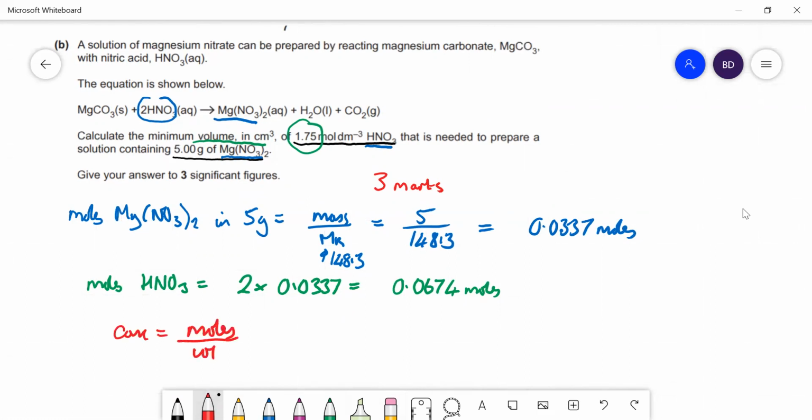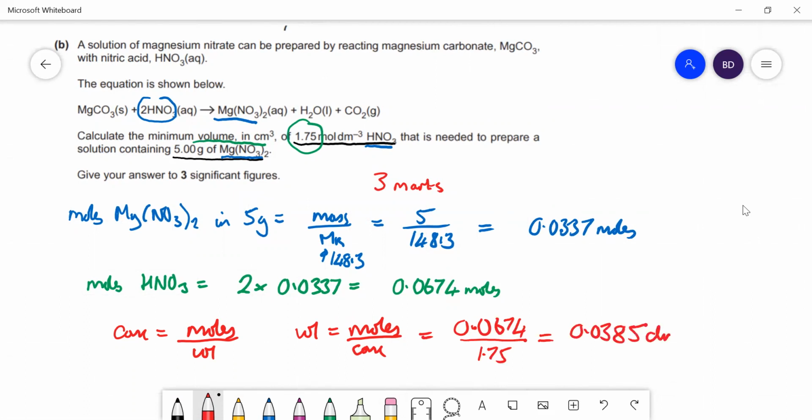So we'll rearrange to get the volume. Volume is equal to the moles over the concentration. Don't forget that volume is going to be in dm cubed, so we'll have to convert it afterwards. Moles over concentration: that's 0.0674 moles, and the concentration is 1.75 mole per decimeter cubed, which is equal to